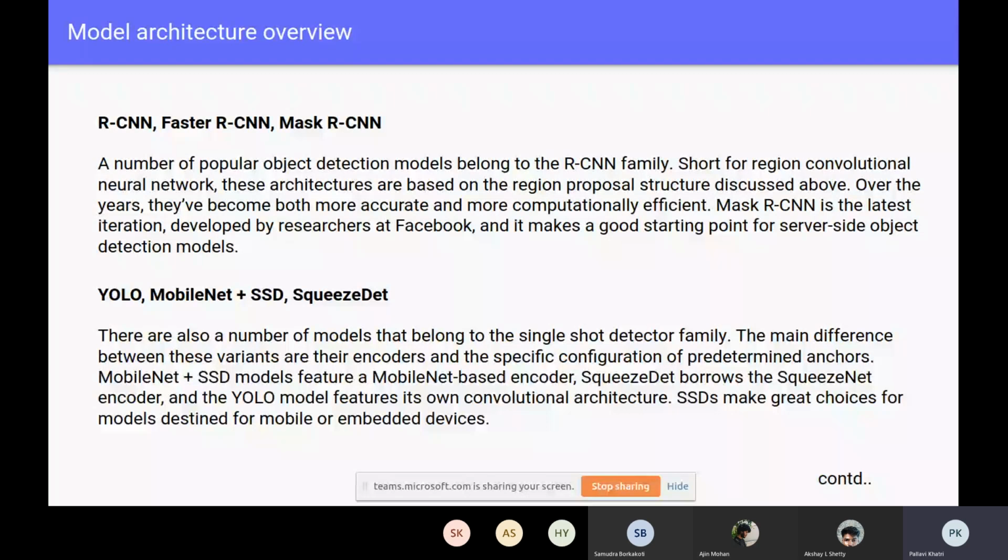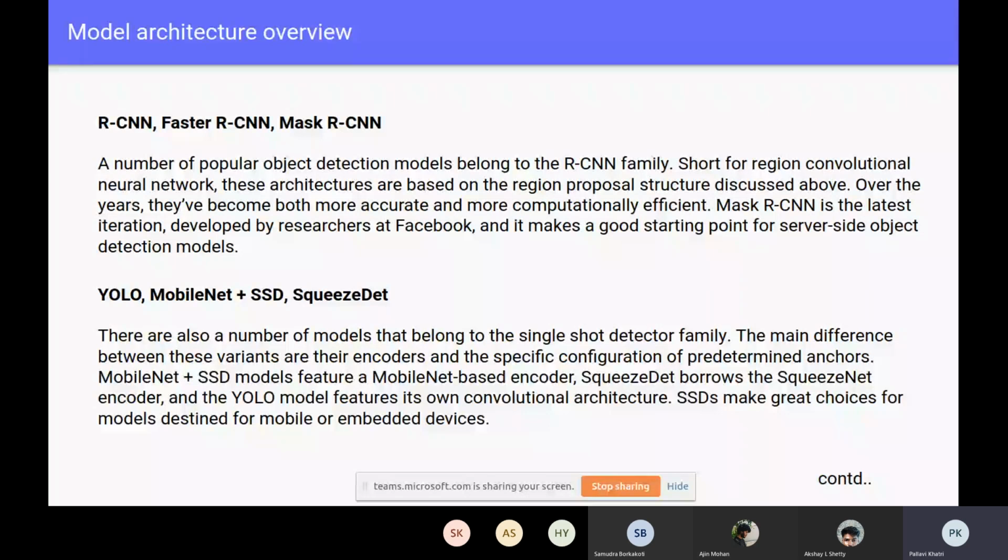For example, if I want to put my detection model inside a mobile app or some embedded device, then these are good to use. The main difference between these networks is the encoder they use. For example, the MobileNet plus SSD model uses a MobileNet based encoder, SqueezeNet borrows the SqueezeNet encoder, and YOLO features its own convolutional architecture. So these are a great choice for models destined for mobile or embedded devices.